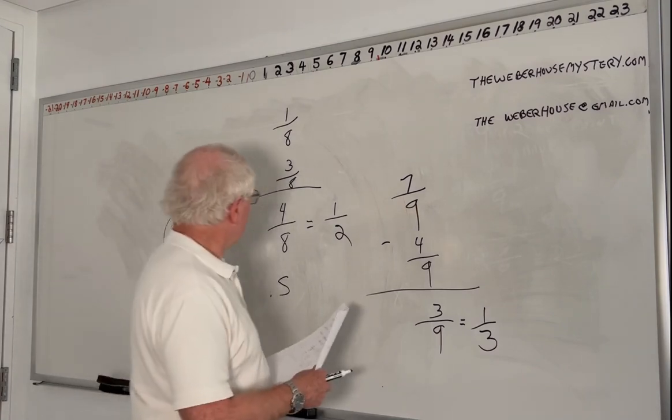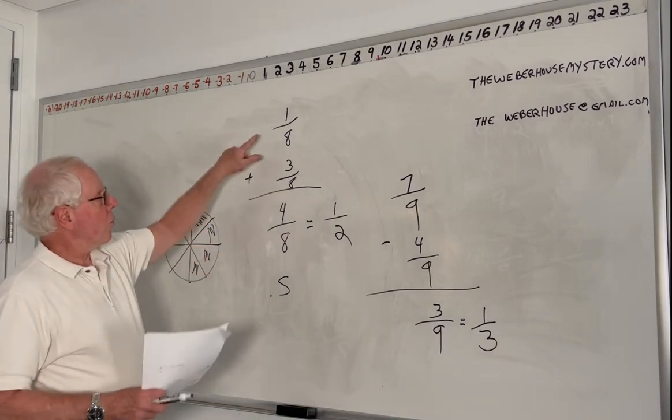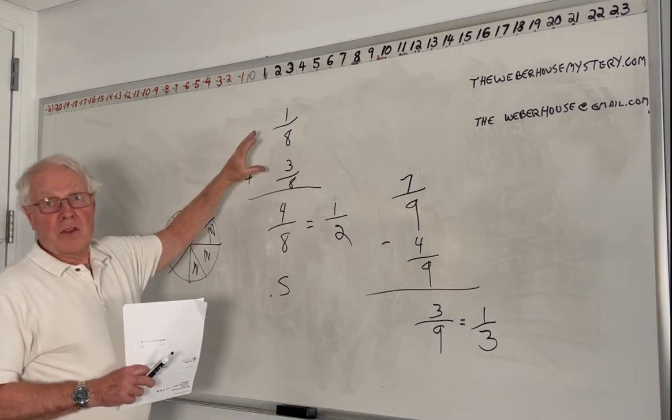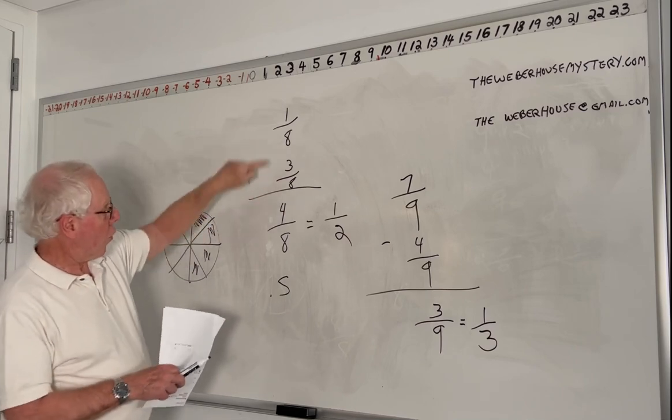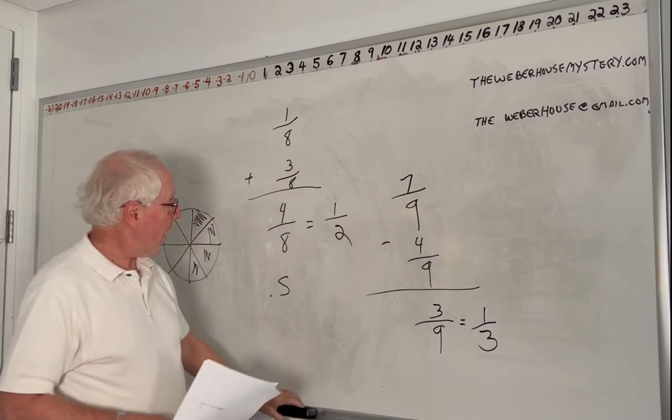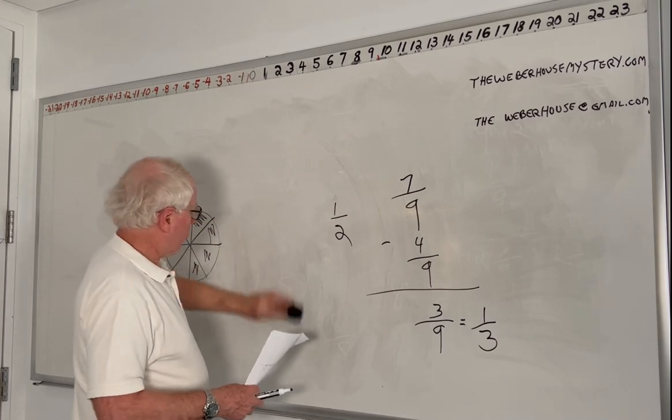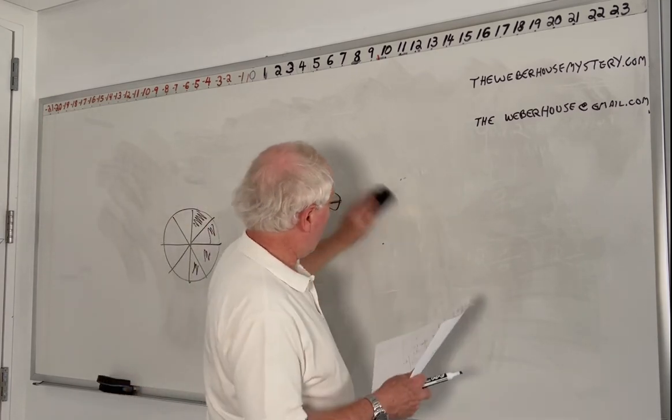Now, in these problems, both addition and subtraction, it was easy to do because the denominators were the same. In this case, both of them were eighths. In this case, both of them were ninths. But that's not always going to be true. So the last thing I want to look at